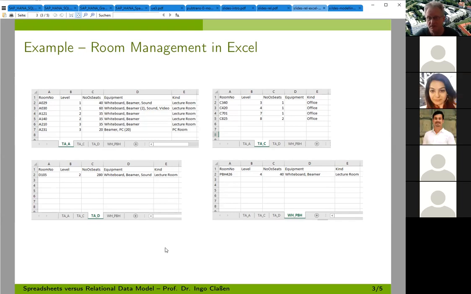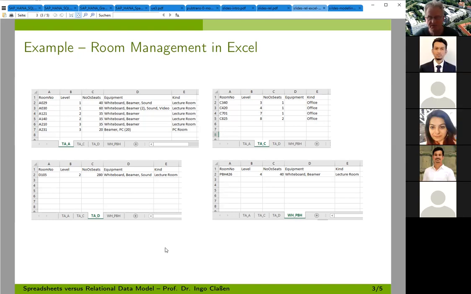And some of the columns have, I guess, missing equipment and they are blank. So, for example, you could have a room where the room kind is empty, but maybe you would like to have a room kind for every room. Yeah, that would make it much simpler to understand. And